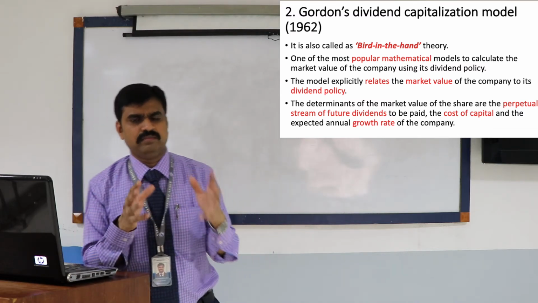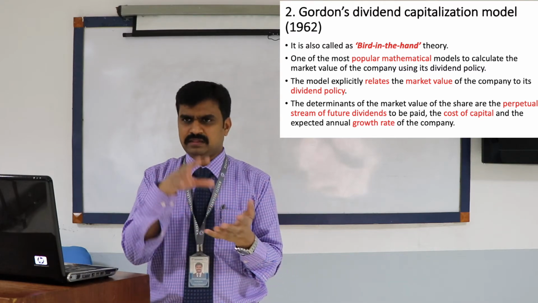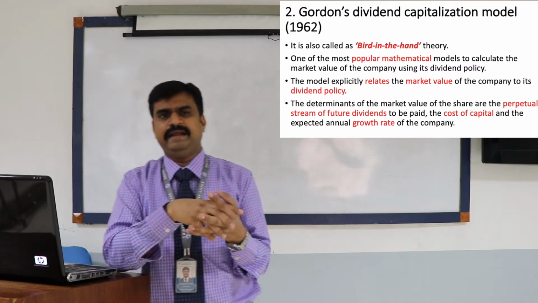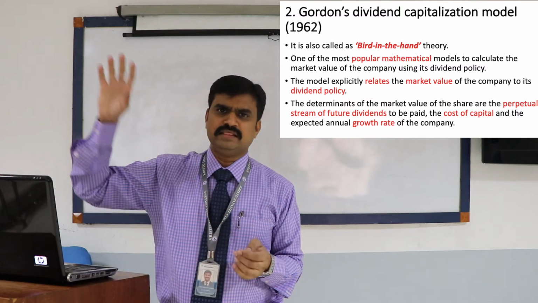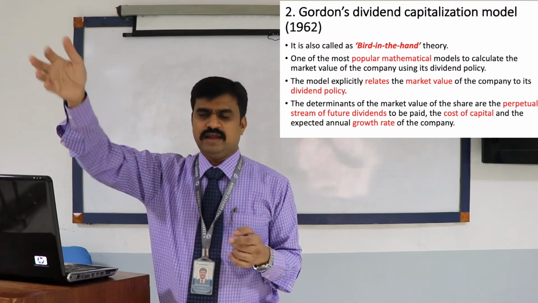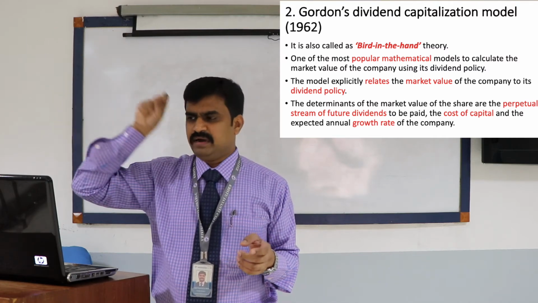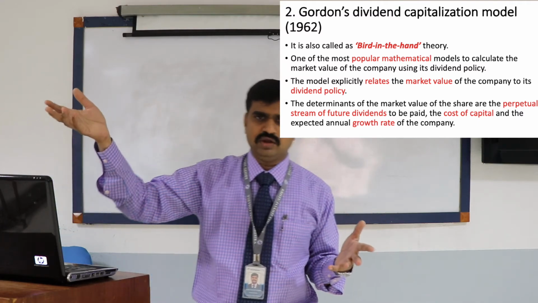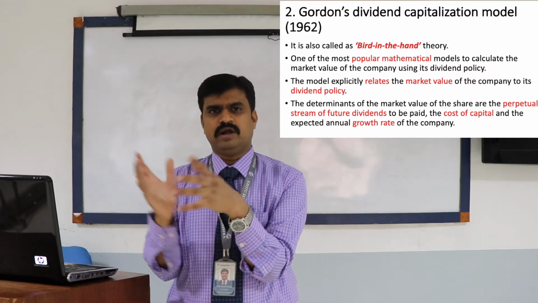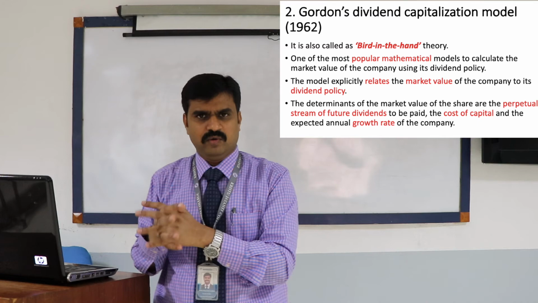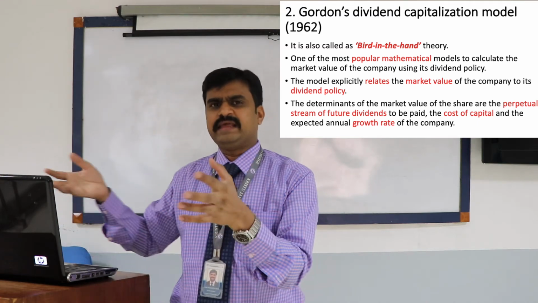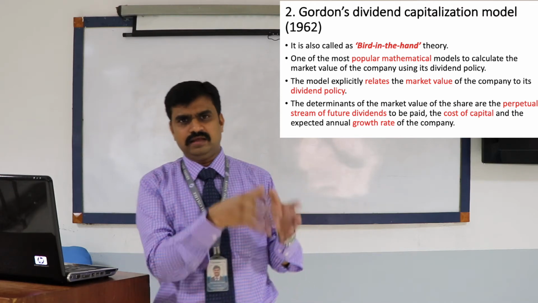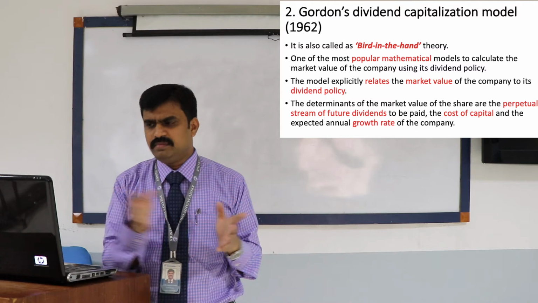Normally we prefer the bird in the hand because the particular investment is already in my hand and I already have a guaranteed 10% return. The bird in the bush is going to come in the future, and whether you're going to capture that bird or not, nobody knows. The probability may be 90% or 0%. The moment you go near the bush, the bird may start flying and go away. You may fail in capturing the bird. But the bird which is already in your hand, you are already 100% sure that you are going to get the 10% return. That is the bird in the hand.